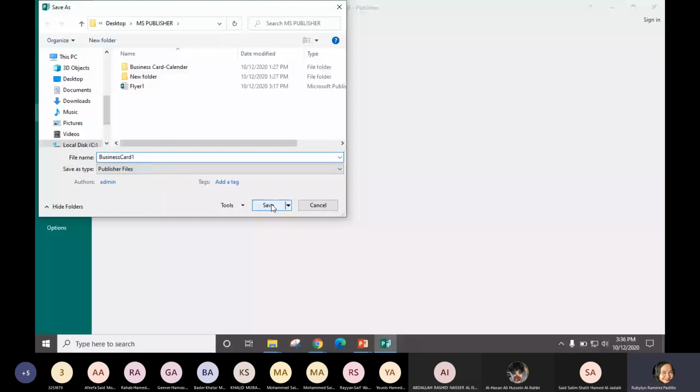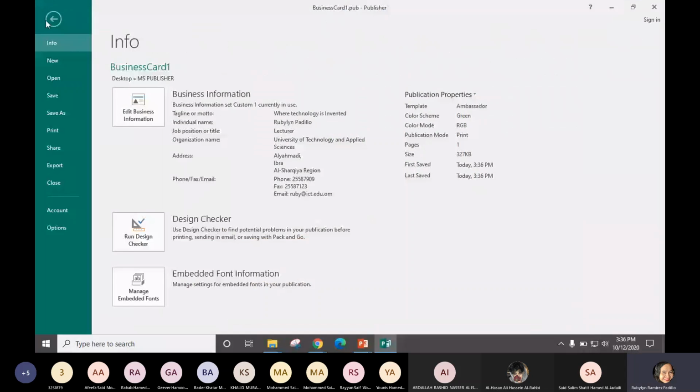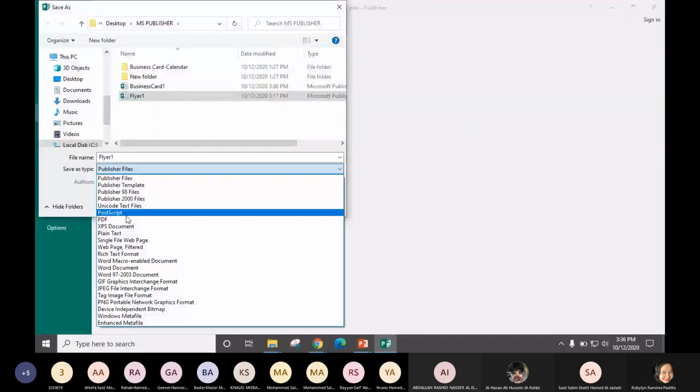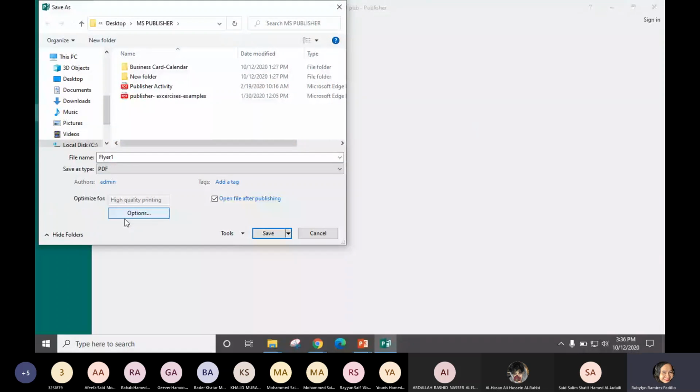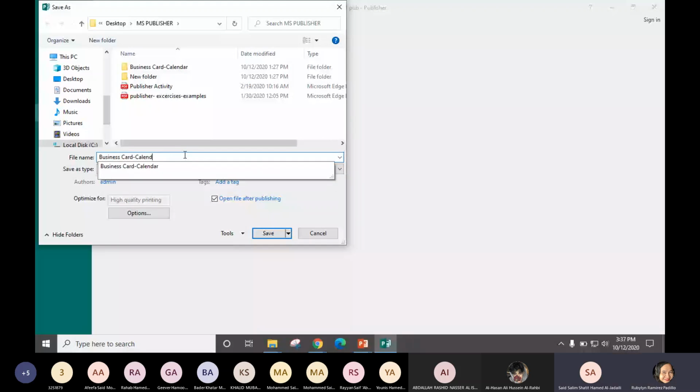Or class, you can also save it as PDF. Save as, okay. Go to the folder where you want to save it. Come here, PDF. Again, you can also save it as PDF. So this is our business card. Business card 1, I have saved it as PDF.